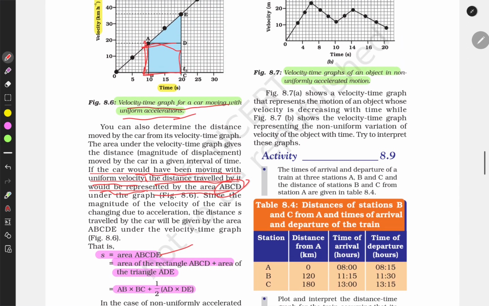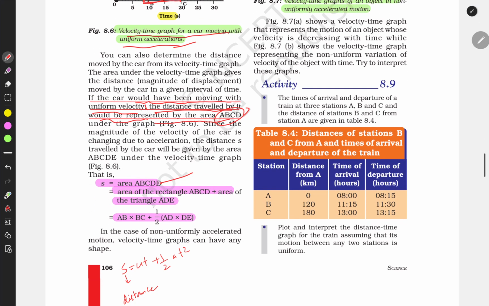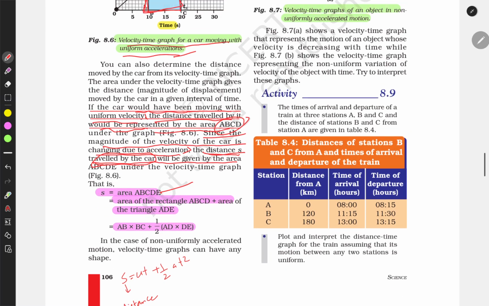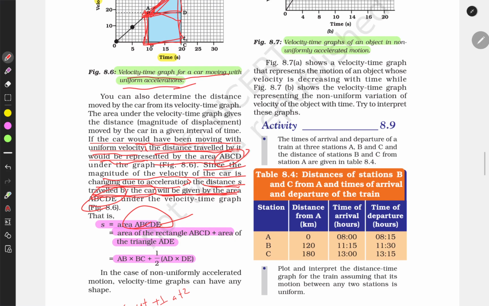Area of ABCD will be the total area of this. Since the magnitude of the velocity of a car is changing due to acceleration, the distance s traveled by the car can be calculated by calculating the area of ABCDE. By calculating this area,